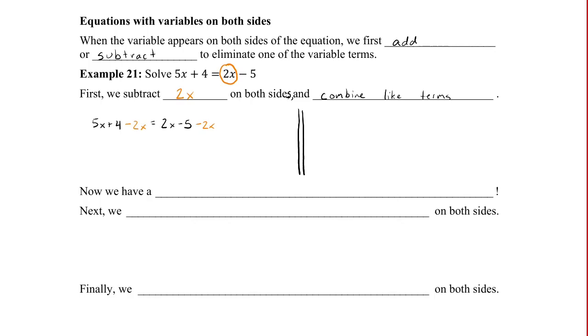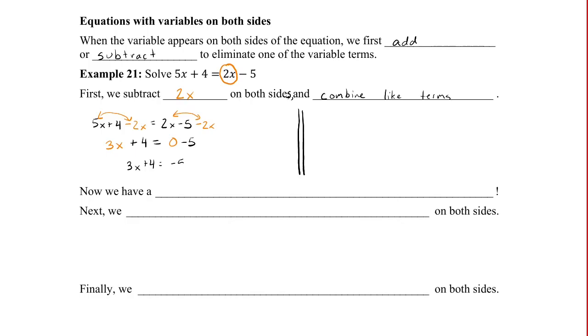On the left, 5x and minus 2x are like terms, so I'll be left with 3x. And then nothing's happened to the 4, it just stays a plus 4. On the right, I have 2x minus 2x. Whenever I subtract something from itself, I just get 0. And so I'm left with 3x plus 4